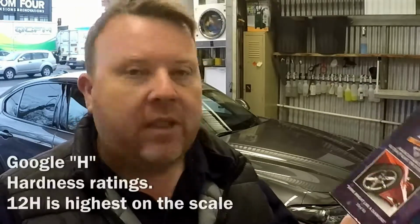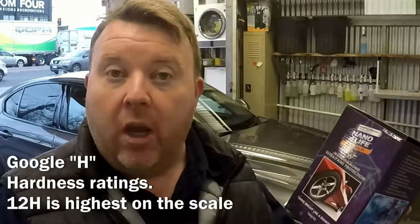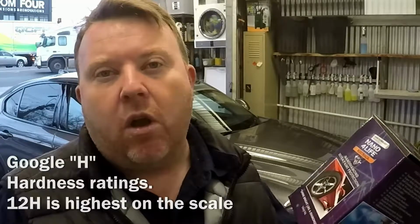We're using our Nano for Life. This is a really good multi-layered product. You can go up to 3 layers and achieve a 12H rating with this. And I think the life on something like this is up to 10 years, so it's a really solid product. Look, it's not cheap, but nothing that's cheap is ever really worthwhile anyway. So look, it's not crazy. I think this car today will be processed at around $900. Pretty straightforward. We're going to do all the paint and wheels, and then this car should be right to go